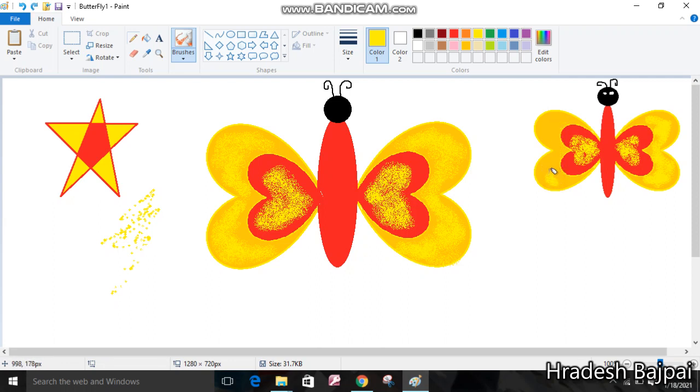You can choose any color which you want. If you want to give the shade of red color in the yellow portion, then you can do that also. Okay, wait, I'm showing you how it will look if you choose the red color for shading. Okay, see in this portion, if you choose the red color, it will look like this, but it's not looking good. You can choose any other color.